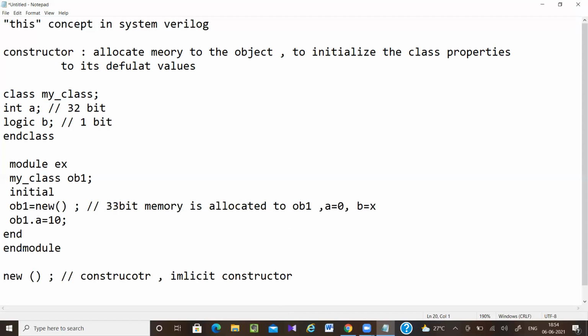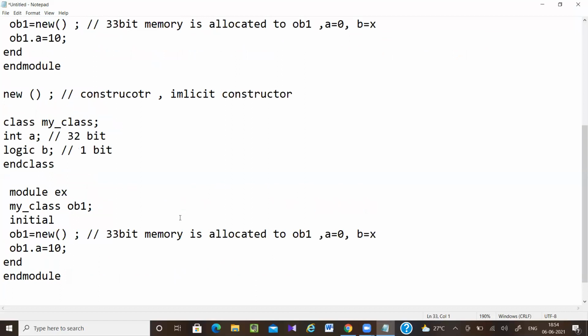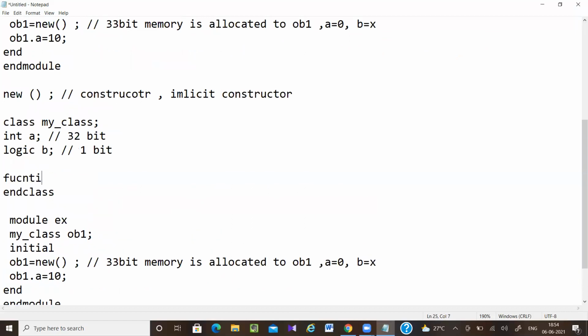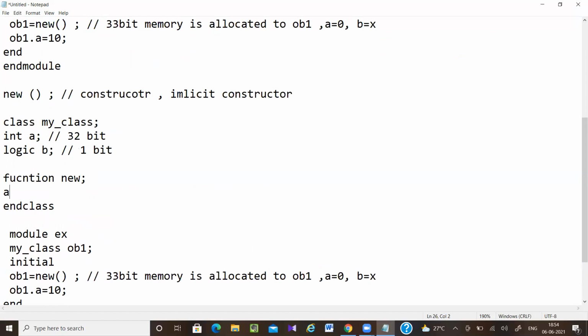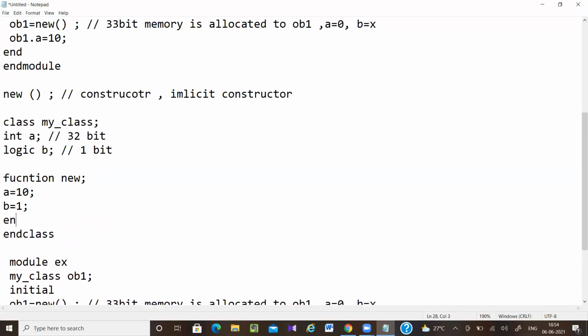Now if you want to initialize a and b to some particular values, not the default values, you have to write an explicit constructor. Here I can add function new, then a = 10, b = 1, then end.